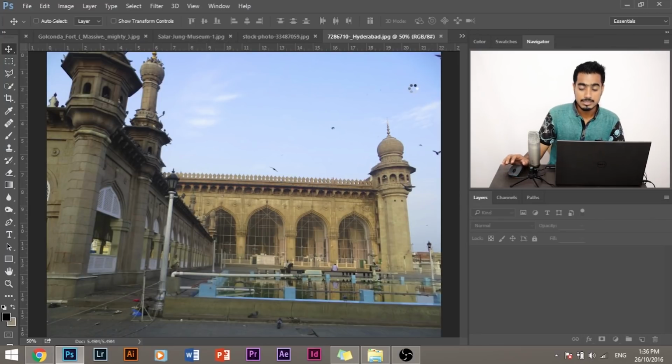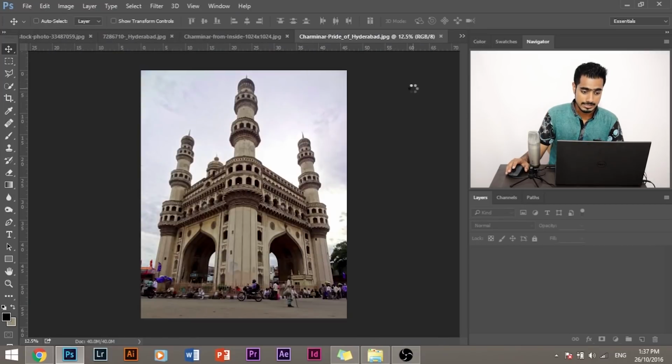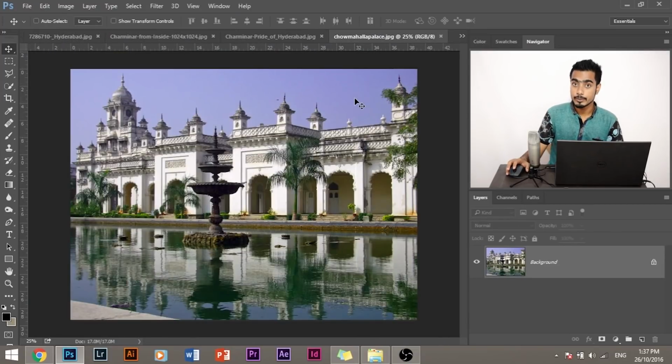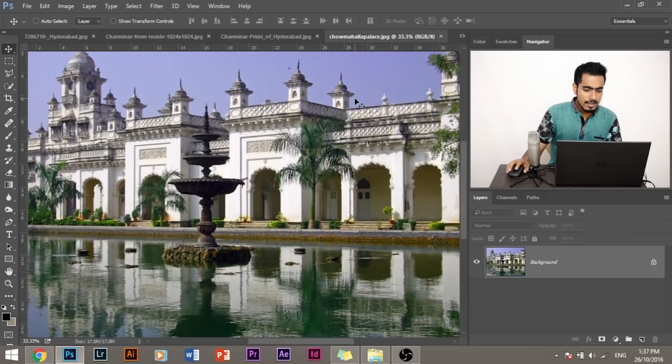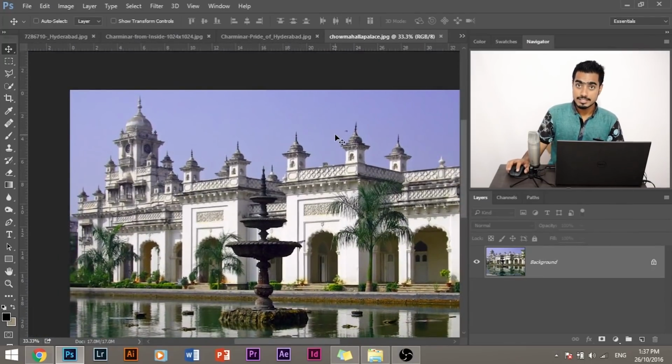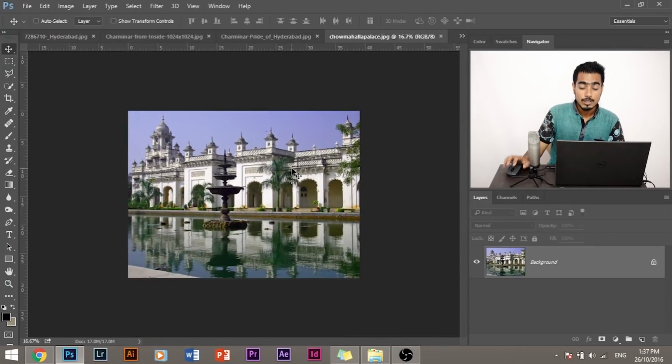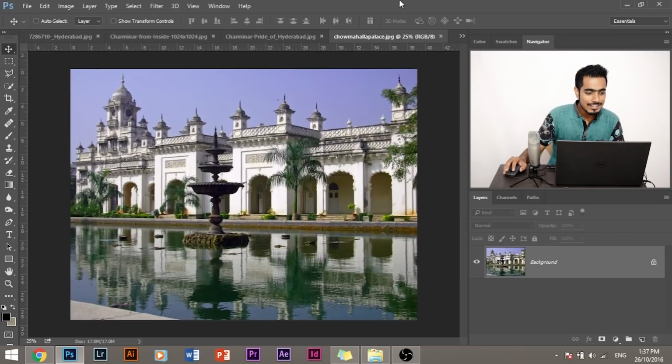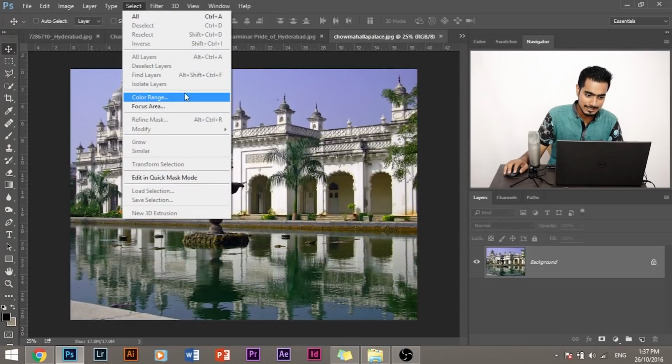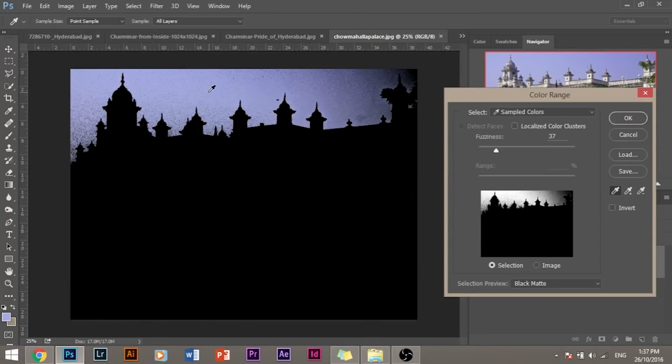So let's look at the first image. It's still loading the images, and I'm waiting for it to be processed. Now it has loaded the images. Now the thing I don't want in this image to be in my poster is the sky. So how do I select the skies very quickly? I know that the sky is blue, right? What if I tell Photoshop to remove anything which is blue in color? Wouldn't that be easy? So for that, go to select color range, select the sky color,